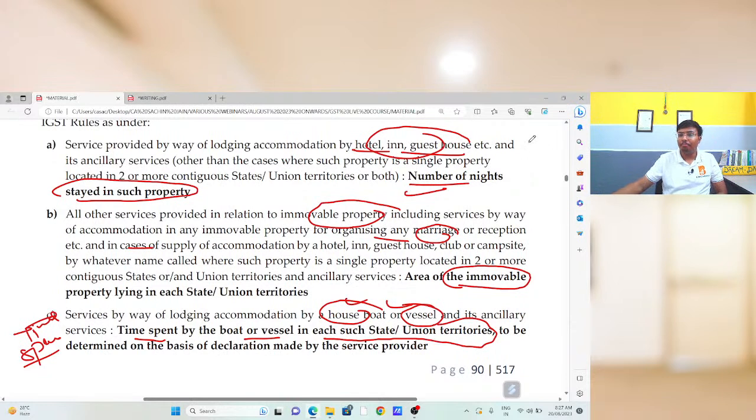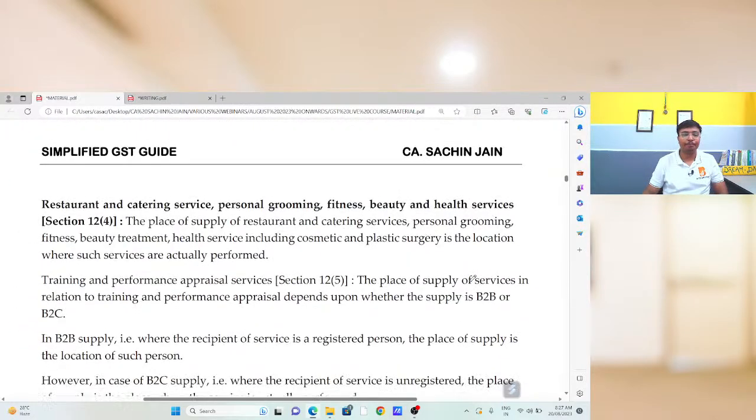So basically, a very common provision, very normal, very simple provision, nothing very crucial in that. Next,